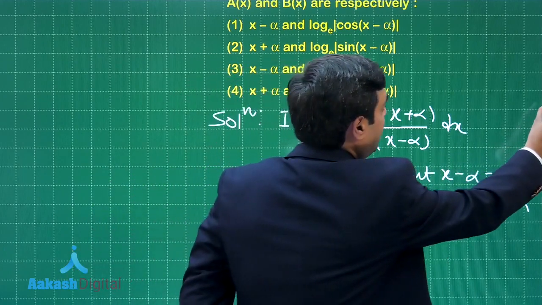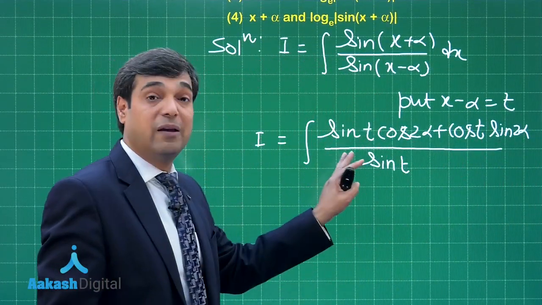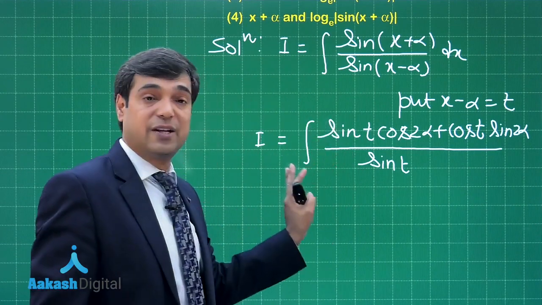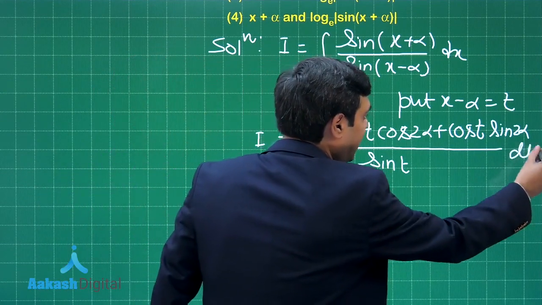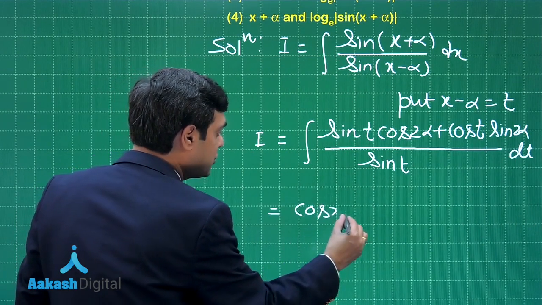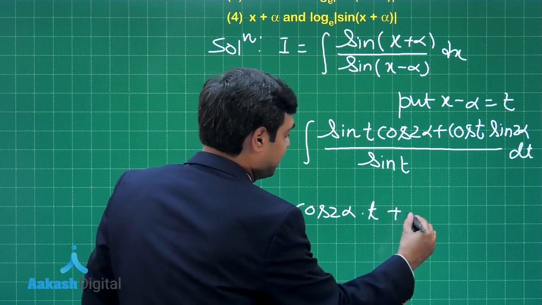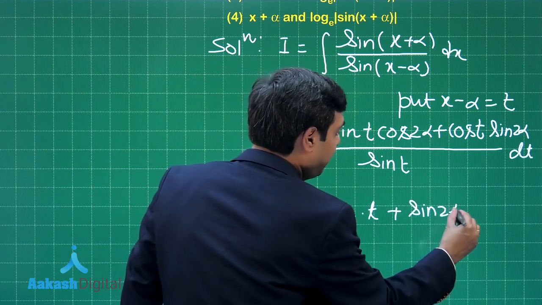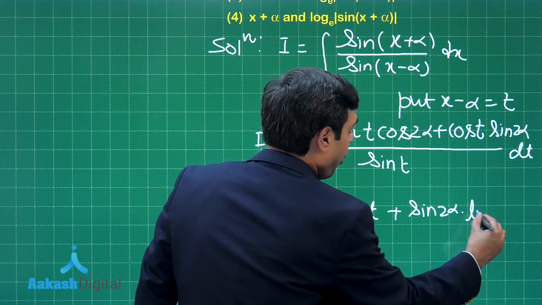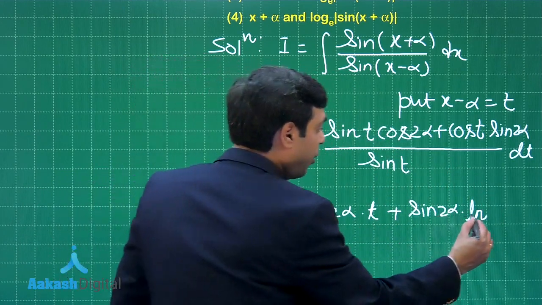Now when you distribute this denominator, you can see sine t is cancelled, you are left with cos 2 alpha multiplied with the dx only. Here we also have dt, so it is multiplied with dt. So just write down cos 2 alpha multiplied with t plus sine 2 alpha multiplied with log. You can check cos t by sine t, that gives you log sine t